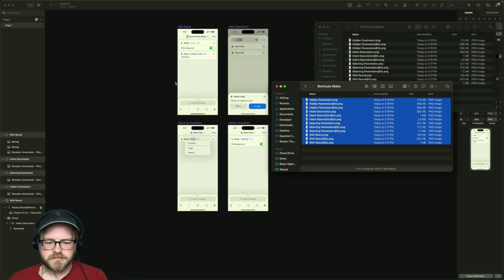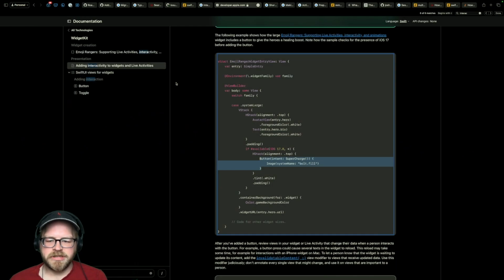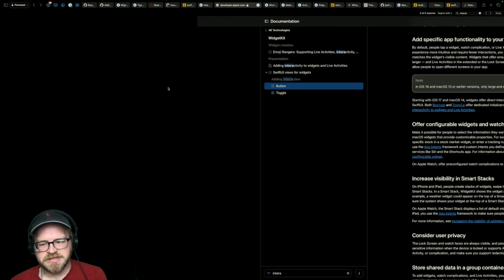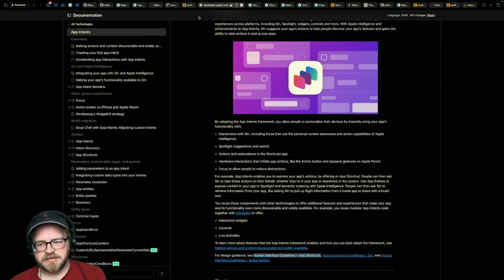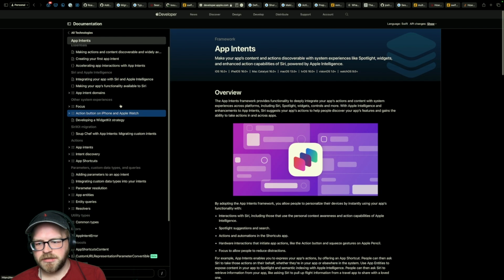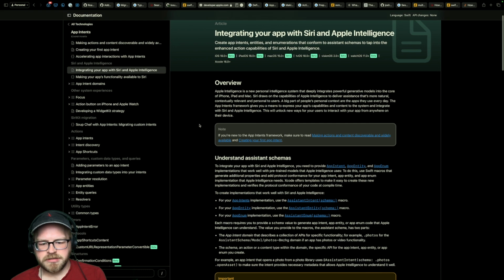And basically what we know is that we're going to have to conform to specific types of interactions of app intents, specifically integrating your app with Apple Intelligence.